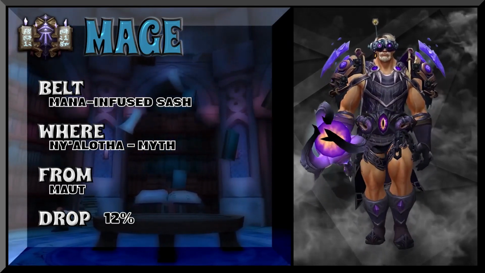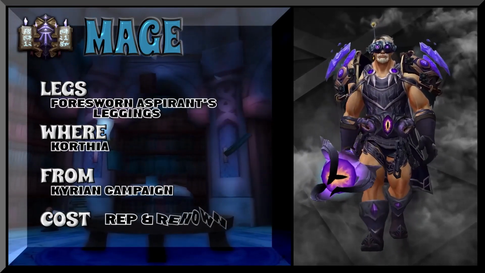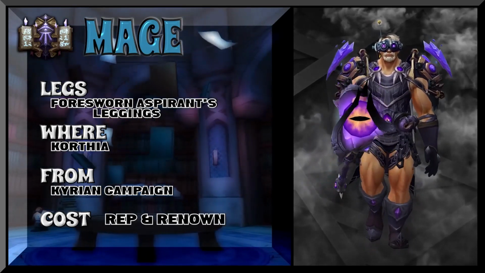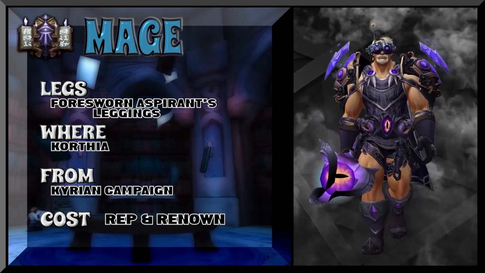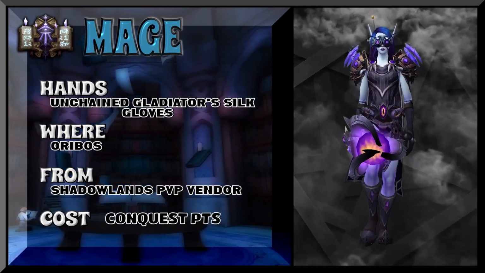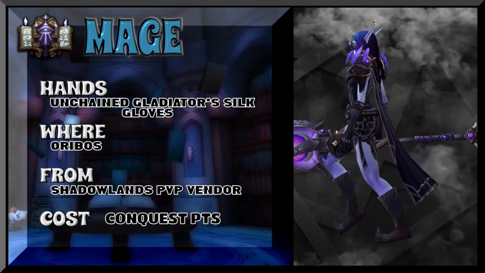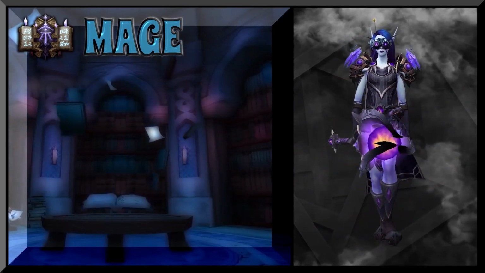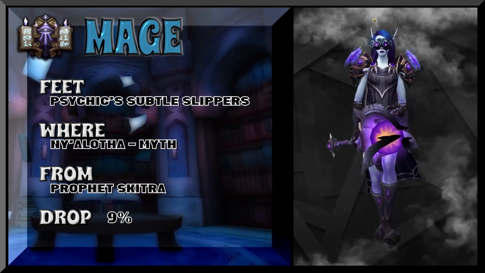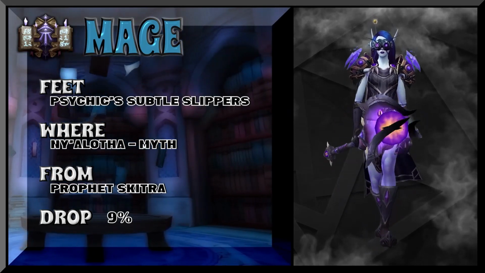Moving on, we're going to hook you up with, I do believe, the legs, as we mentioned, part of the same tier set as the chest, which is Korthia, Kyrian campaign, Rep and Renown on the chest piece. Next piece, we have a Void Elf Lady, Unchained Gladiator Silk Gloves, Ouroboros, conquest points, but time is running out on that, so eventually it's going to be Marks of Honor. The feet are Psychic Subtle Slippers, Nyalotha Mythic. Prophet Skitra is the boss, so a little bit of Nyalotha Mythic, a little bit of